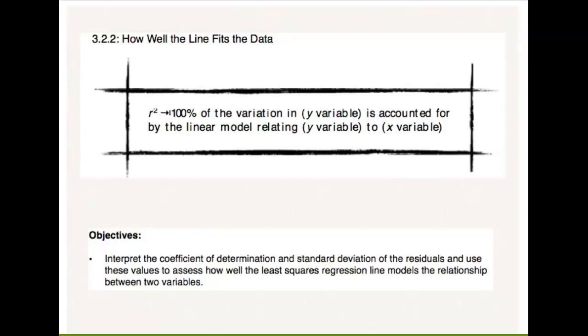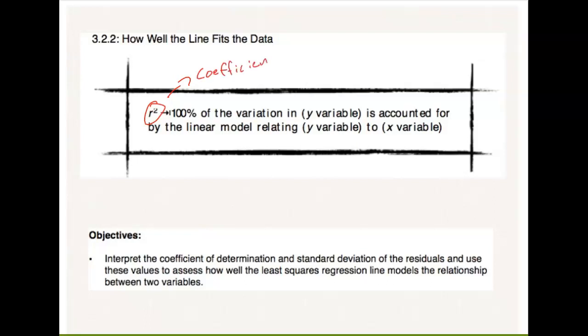Right, so the last section in chapter 3, unit 3 is 3.2 part 2, how well the line fits the data. And today we're going to be talking about R squared, which is called the